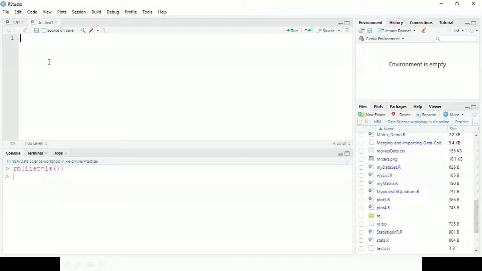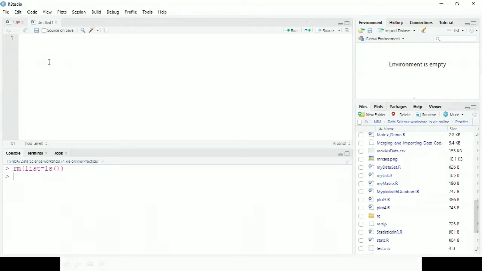So before starting, the most important thing you must know is how to set a working directory. That is the important part. For the entire workshop, I'll suggest you create one folder, let's say a project folder.